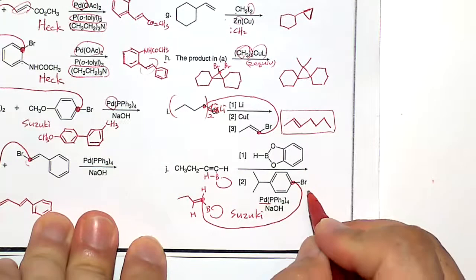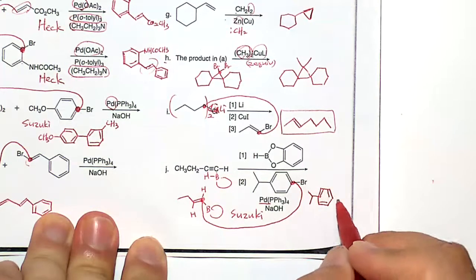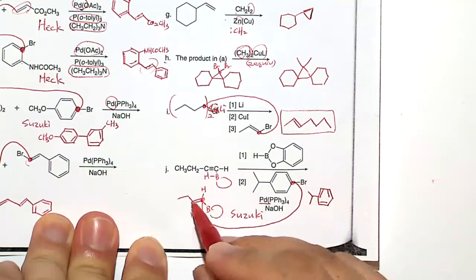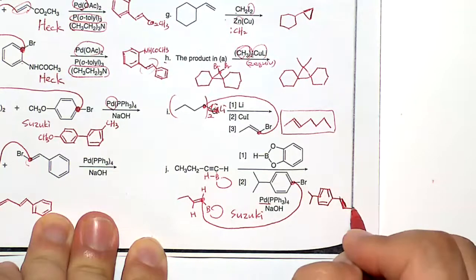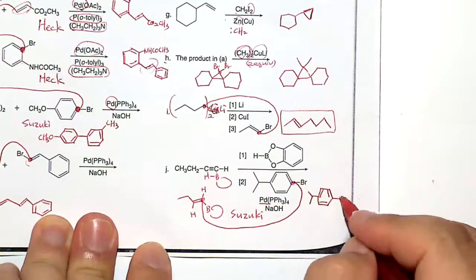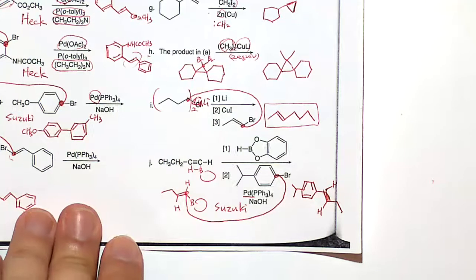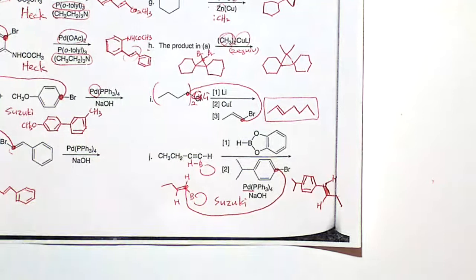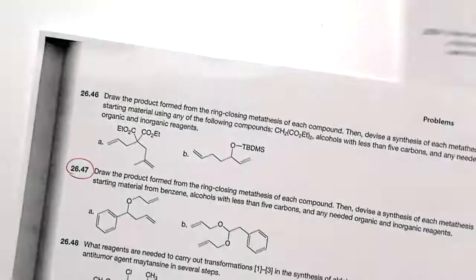So this carbon and this carbon, it's trans. One, 2. Okay, 2 H's are here. So that's your product. Let's move to the last question, which is